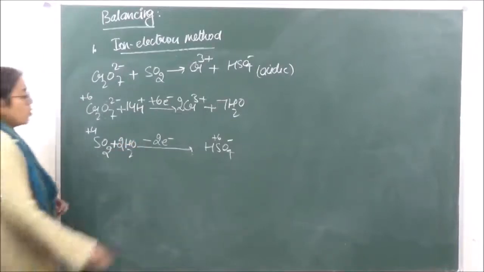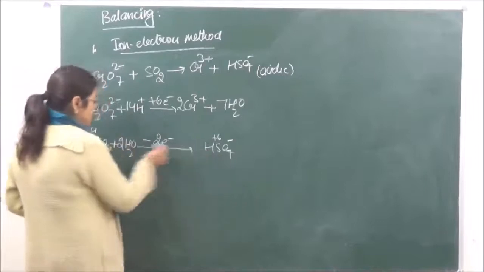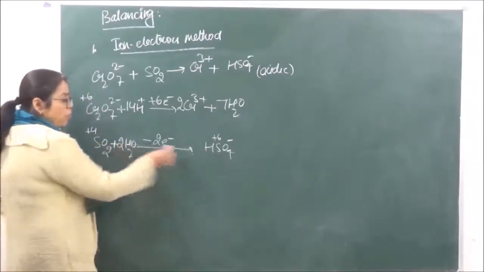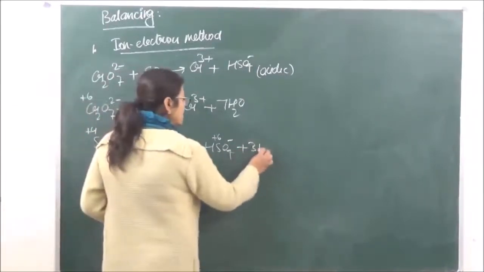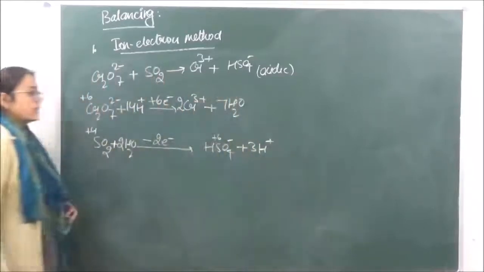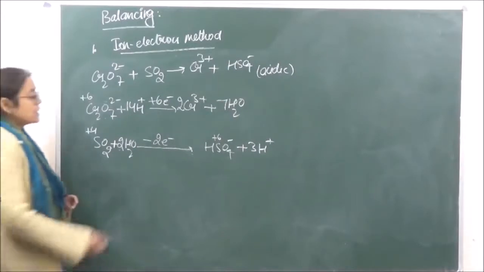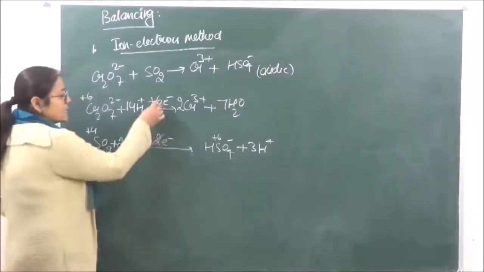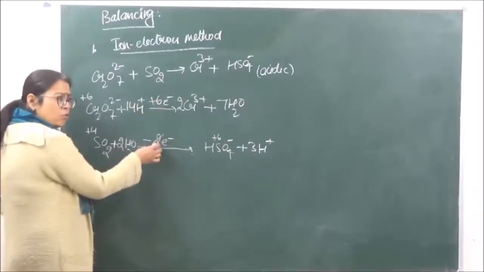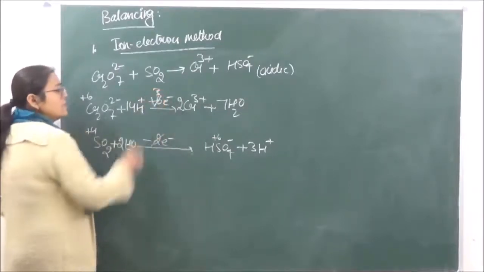Now over hydrogen present. So this is 2 2s are 4, 4 minus 1, which becomes equal to 3H positive. So this is the second balanced equation now. In order to bring the number of electrons same, you can cancel this because this is a multiple of 2. So 2 1s are 2, 2 3s are 6.